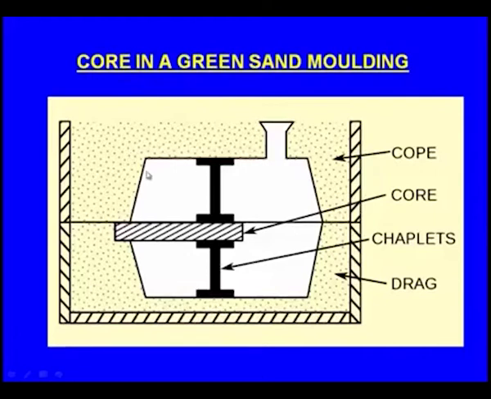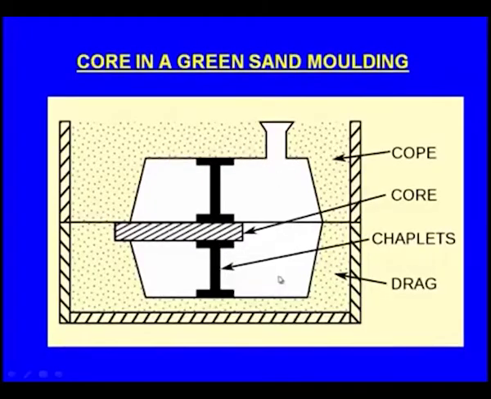Now, let us see another case. Here you can see this is the molding system, this is the drag box and this is the cope, and this is the core, and here we wanted a hollow cavity. So, we made this of core sand and have kept it here. On one side it is supported in the mold, on the other side there is no support, that is why we have kept chaplets here. In the previous class we have learnt about chaplets. Chaplets are metallic components to support the cores.